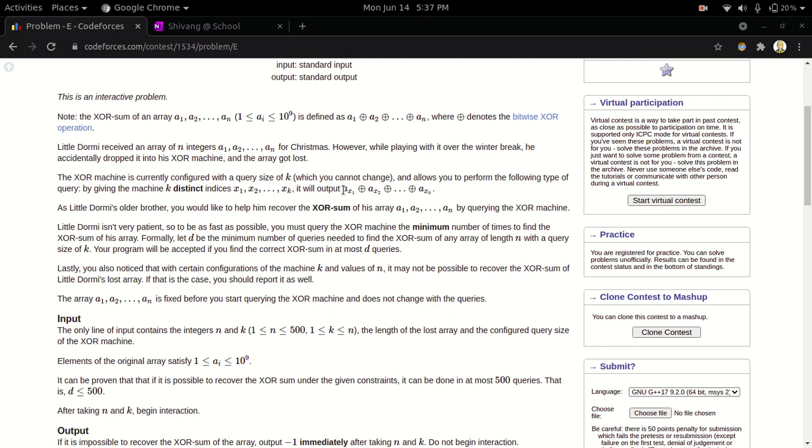So if we provide, say, indices 1, 3 and 4, we can do this if k is 3. We have to provide exactly k distinct indices. The judge will respond with a1 XOR a3 XOR a4. So whatever indices we provide, the judge will XOR the elements at those indices, and it will